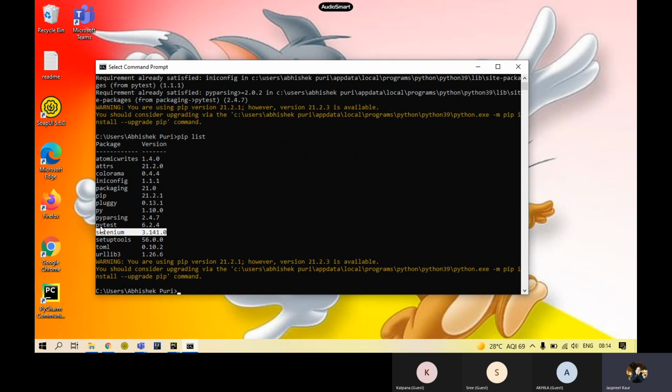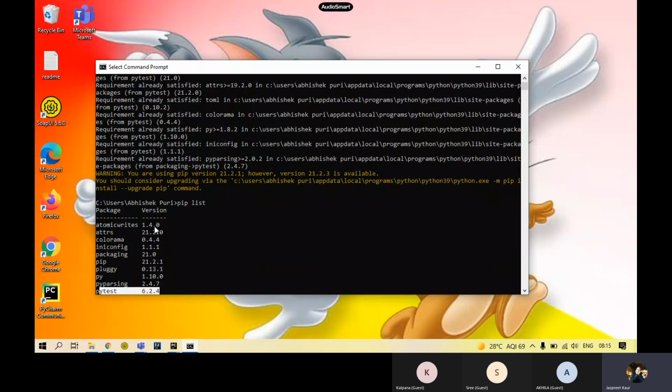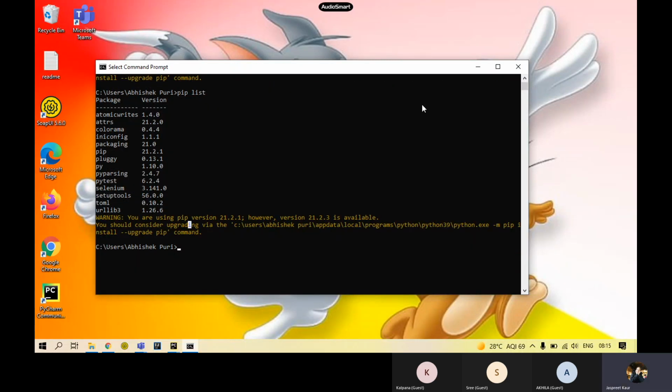Now we have installed PyTest, and this is the version of PyTest that we have. You don't have to bother about the versions. It's automatically going to install the versions which are stable. Now I have PyTest in my system.